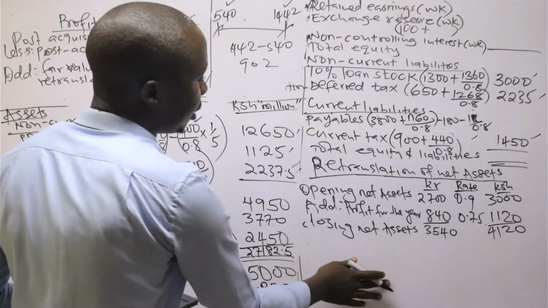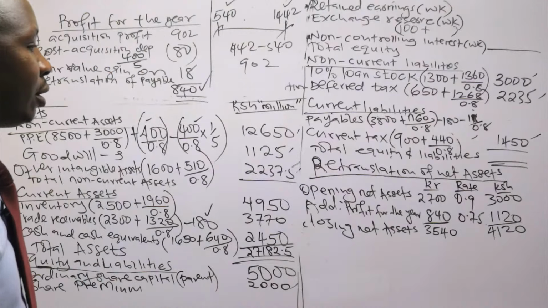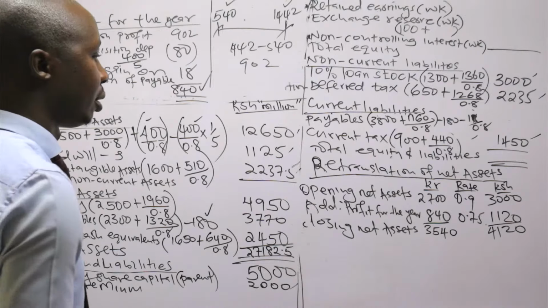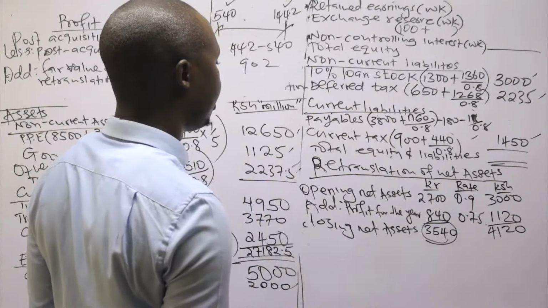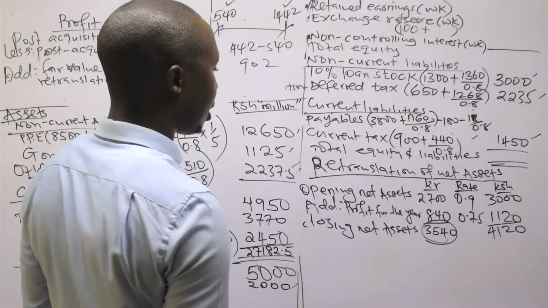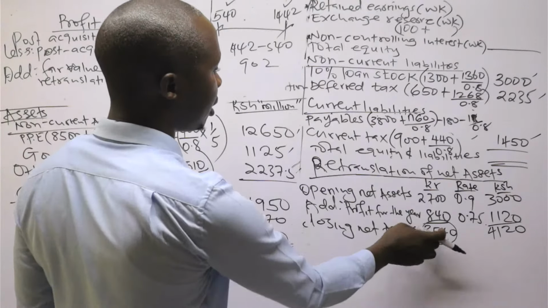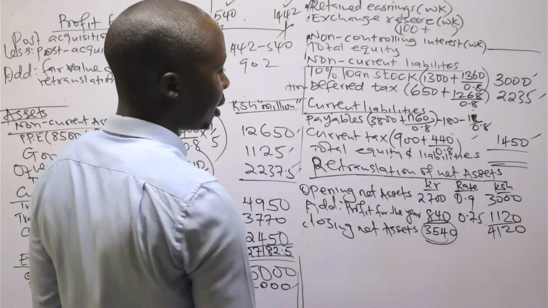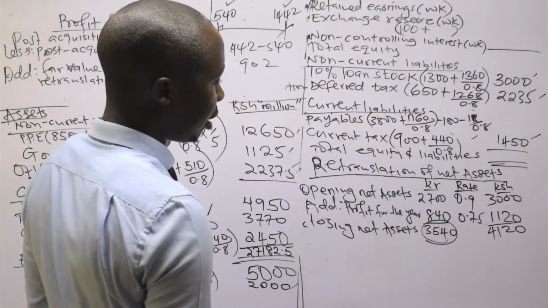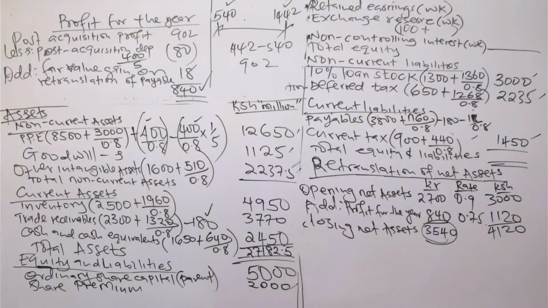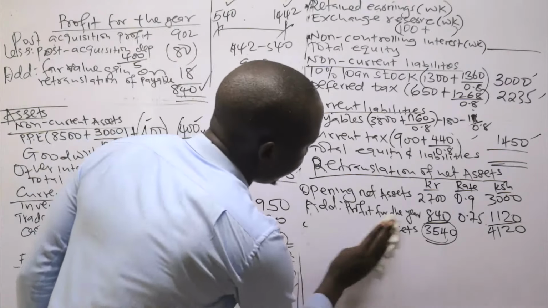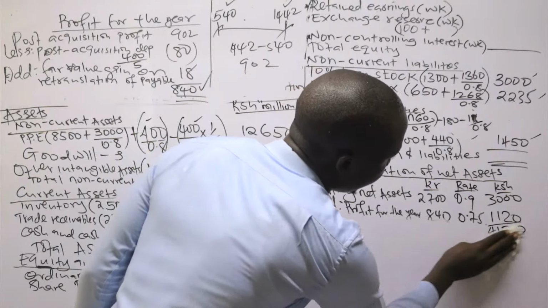So meaning that there's an exchange gain. If I determine the exchange gain, now we have closing net assets of 3540. So this closing net assets will have to be translated. Or I could have done it this way for more understanding. I could have done this, if I skip